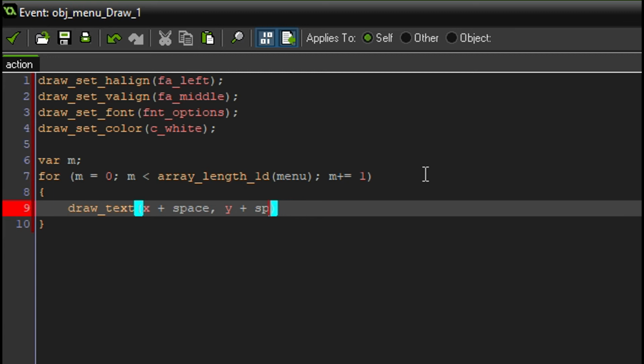Oh no, no, not like that. i plus space string menu